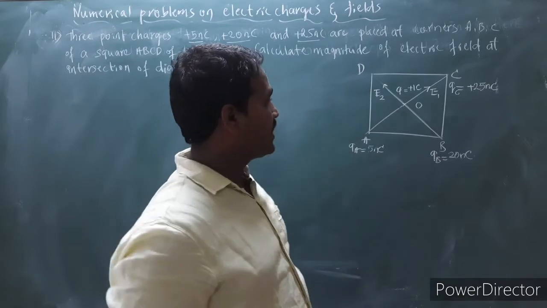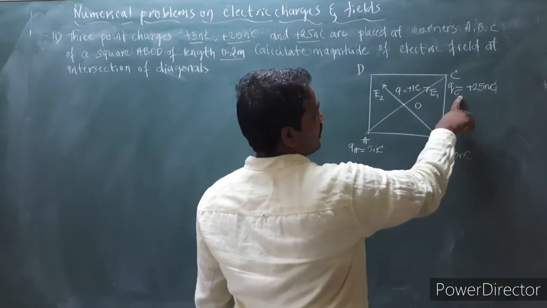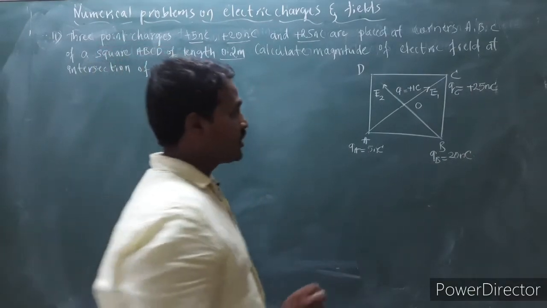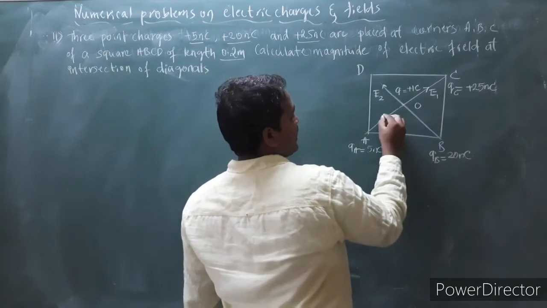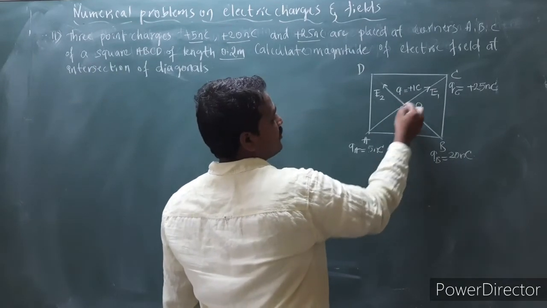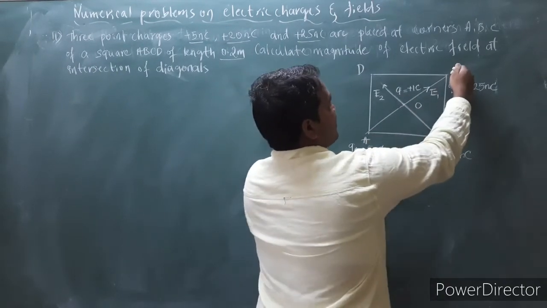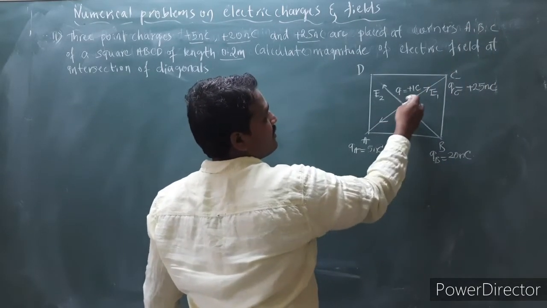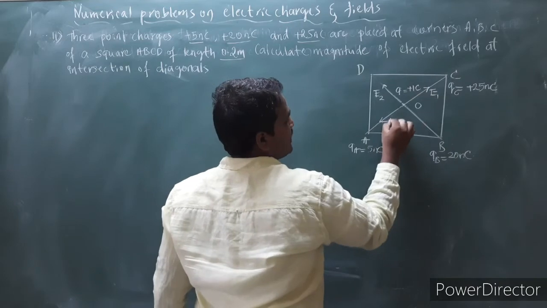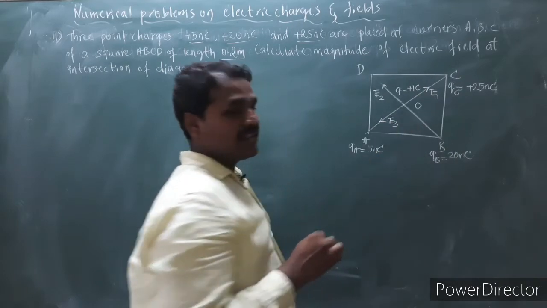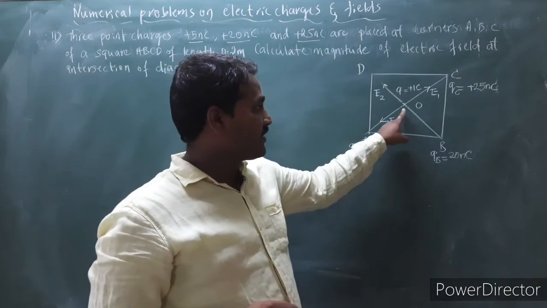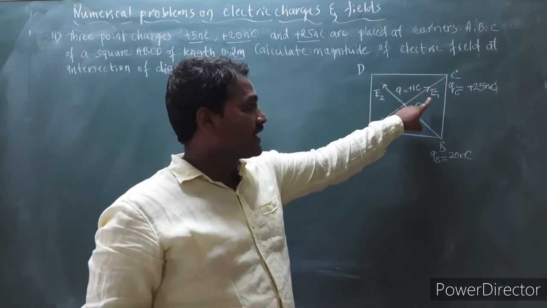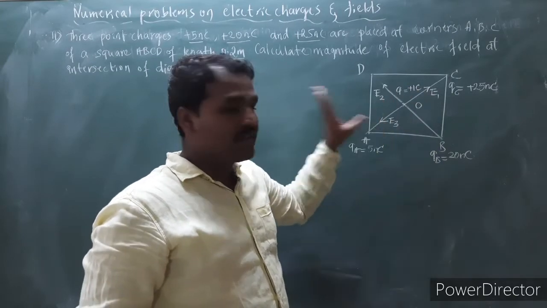Similarly, if I consider the third source charge, that is QC is equal to plus 25 nanocoulomb, that is also a positive charge. So because of this positive charge, the test charge Q will move away from the source charge. So this is my source charge here. There will be a repulsive force acting like this. The test charge will be repelled by the QC here. So this is the direction of electric field E3. E3 is the electric field at O because of charge C. So these are the directions of electric fields E1, E2 and E3.